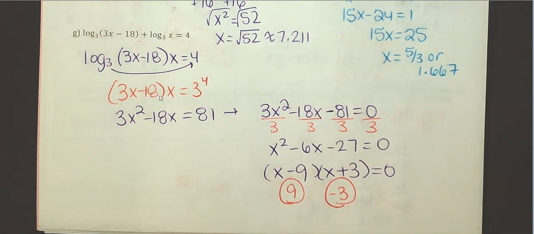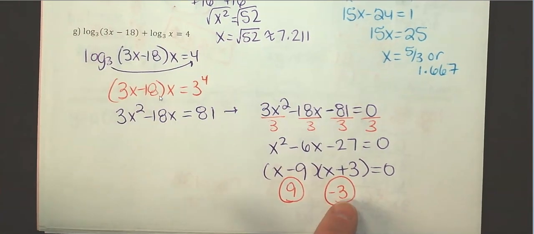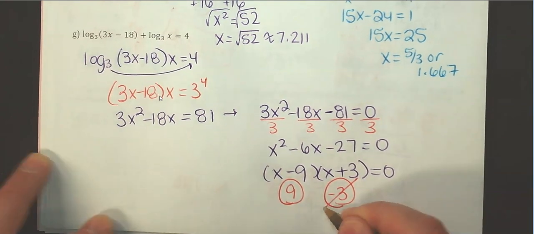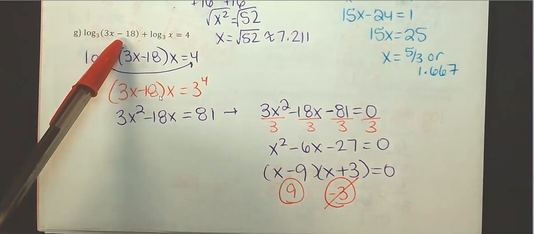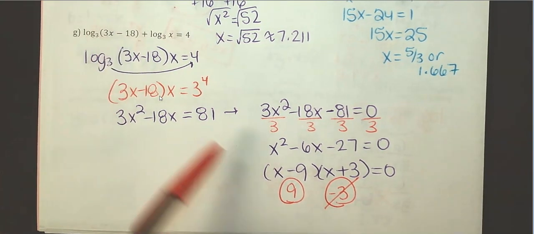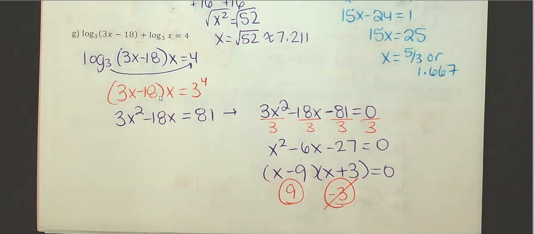Now, my actual answers there would be positive 9 and negative 3. And just remember, you cannot take the log of a negative number. So, if you go back to the original problem, if I plug in negative 3 for either one of these logs in the original problem, that would cause me to take a log of a negative number. If you plug in 9, 9 times 3 is 27 minus 18, that's good, that's positive. Just plain log of 9, that's fine. So the negative 3 there would be what we would call an extraneous solution. The 9 would actually be the only answer that would work. Sometimes on these questions you might have 2 answers. Sometimes you might have one. Sometimes it's possible that neither one of them would work. Okay, I went through